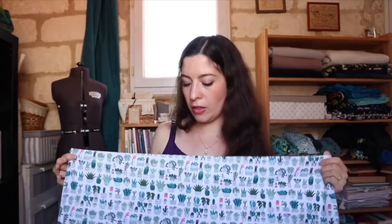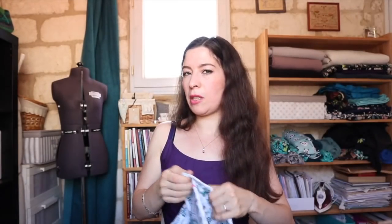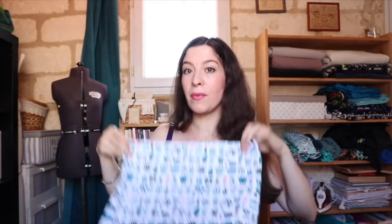I could also make a t-shirt for my daughter out of this, but I just feel it for my son. We'll see. Unless my daughter claims it for herself. I don't know, we'll see. But I think it would look so cute in this. So with this, my one fabric purchase in quite a few months actually,